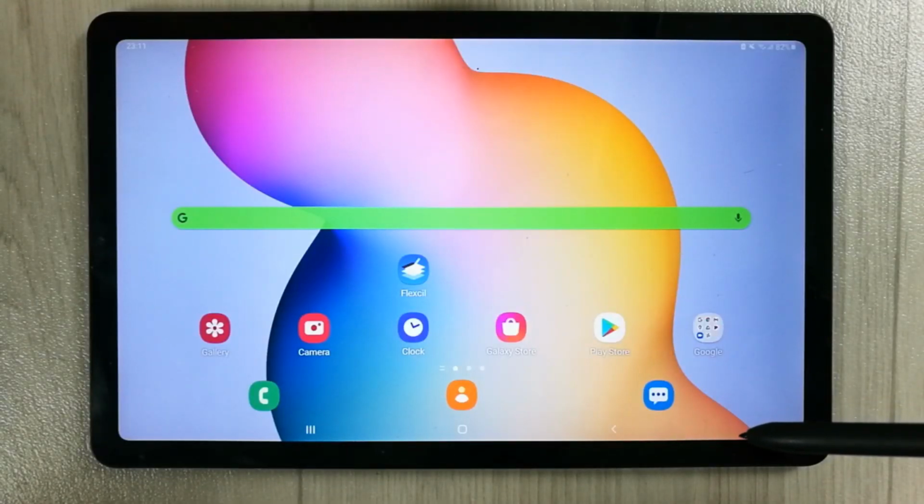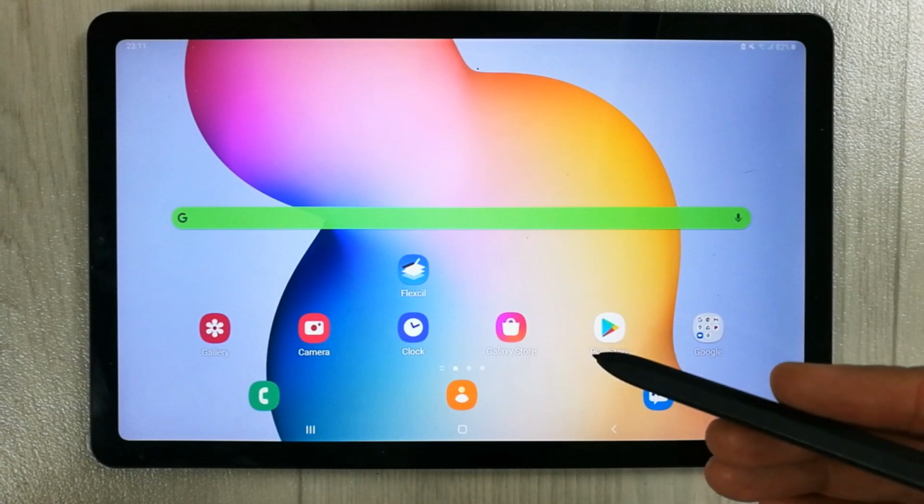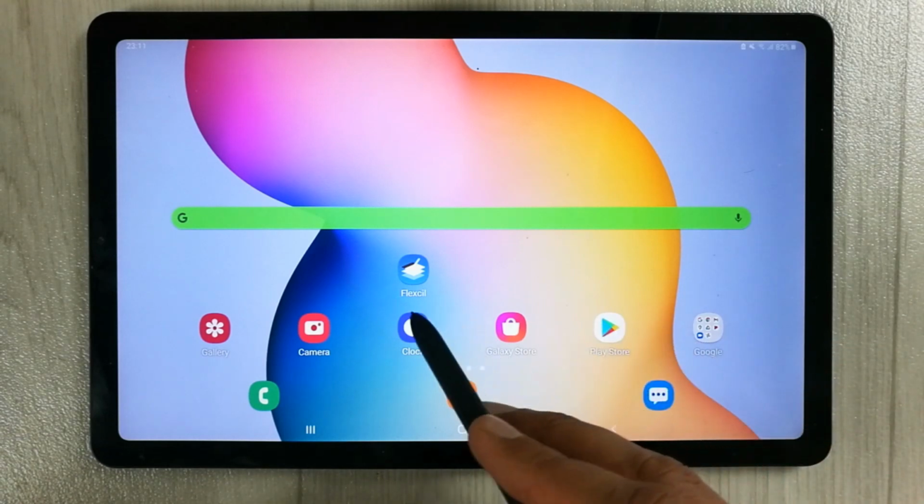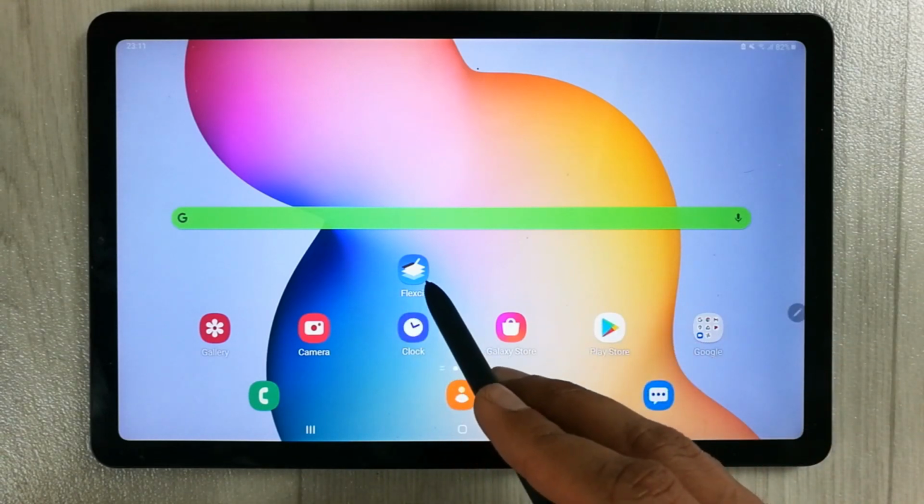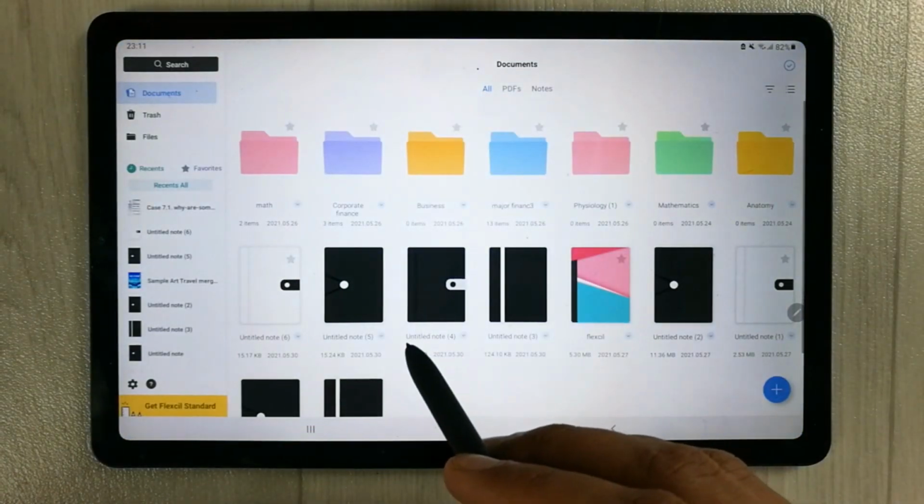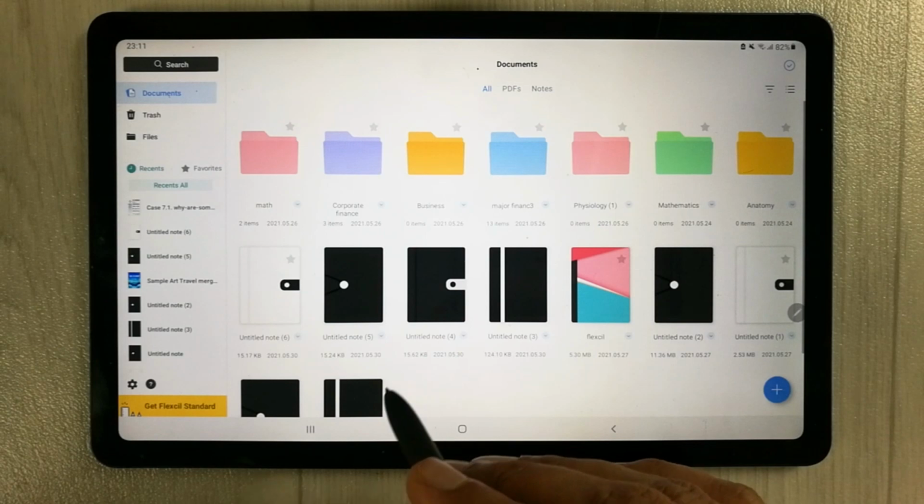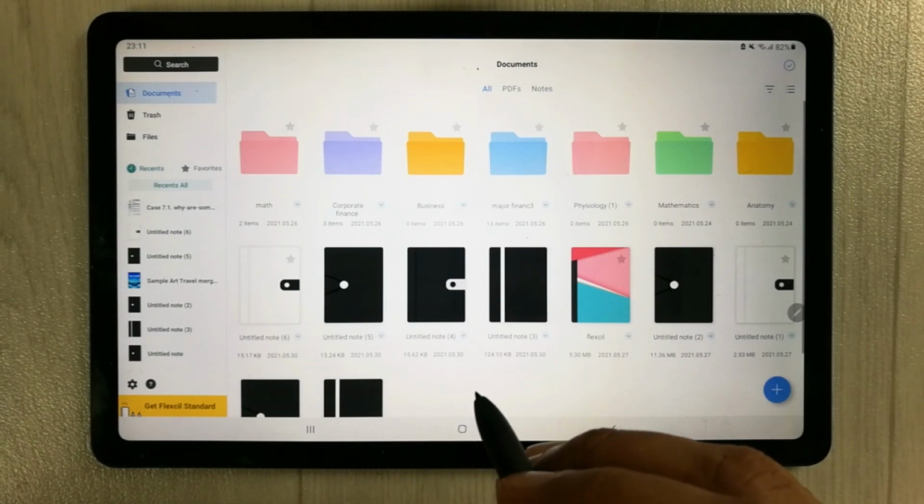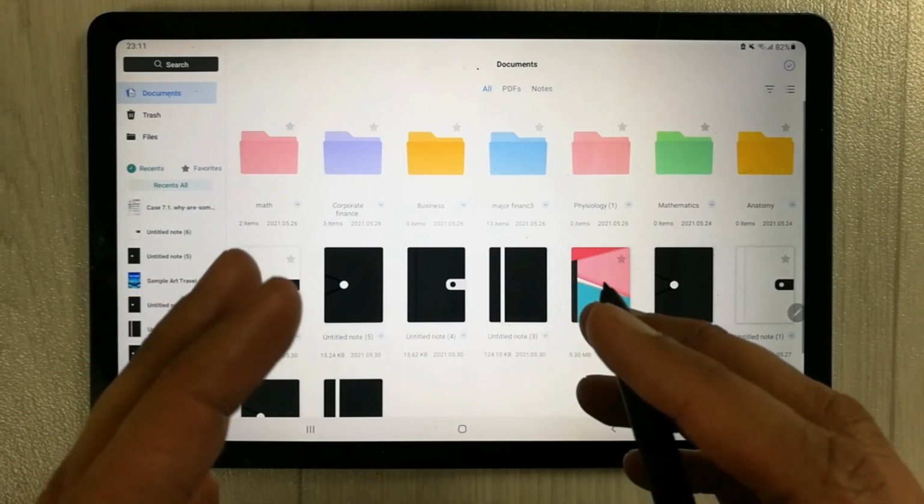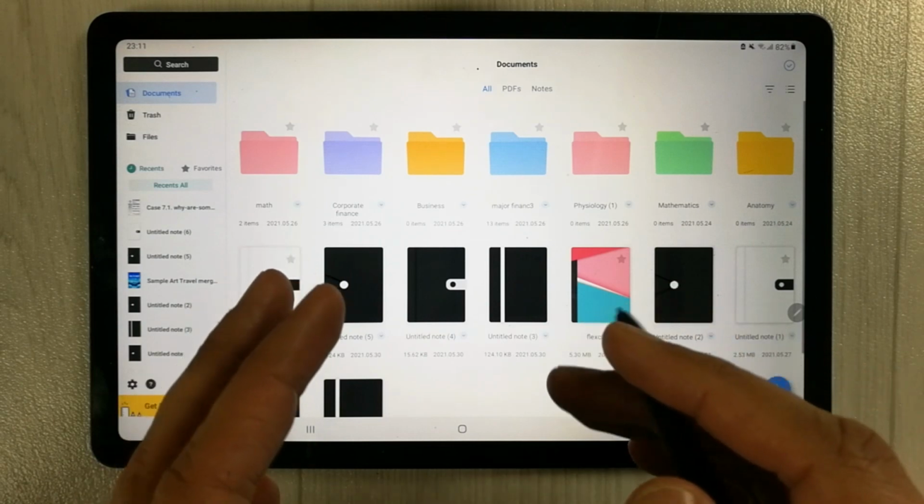Today I'm going to show you some of the new note-taking tips and tricks by using the app, and the app name is Flexil. So guys, this note-taking app is really amazing and now it is also available for Android. So the first thing that I want to show you is how you can extract your text from a PDF